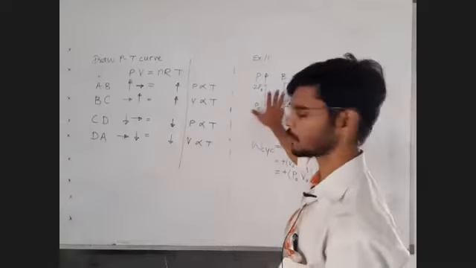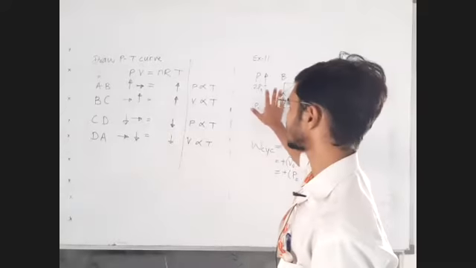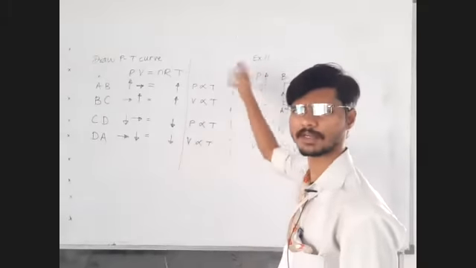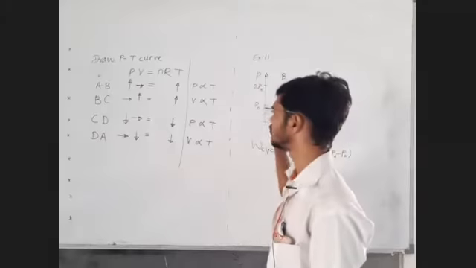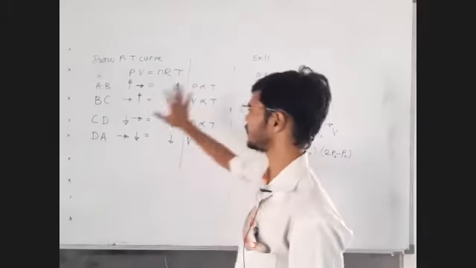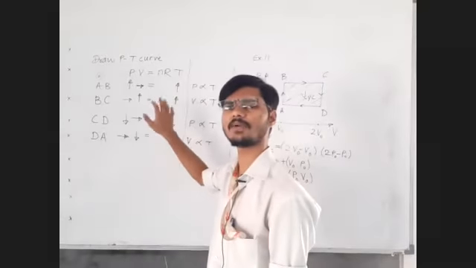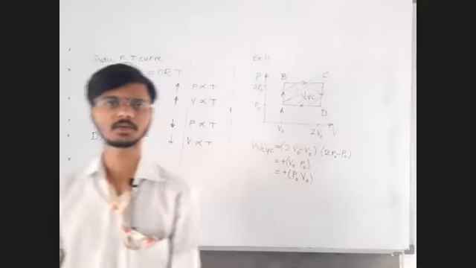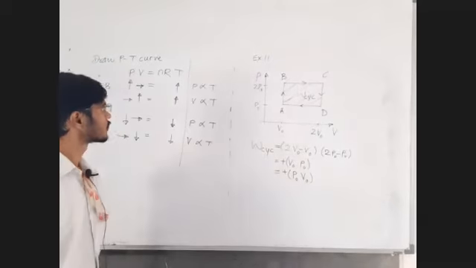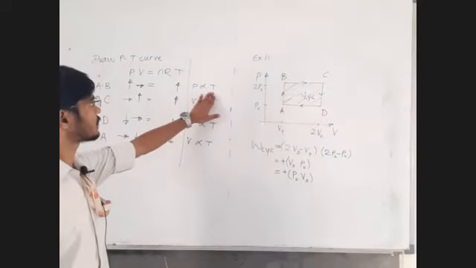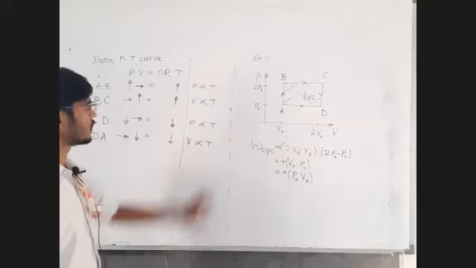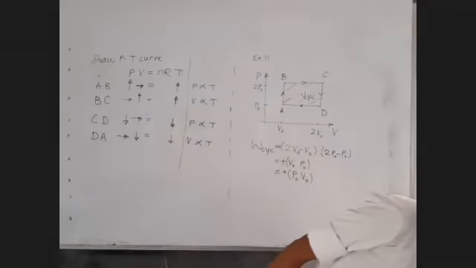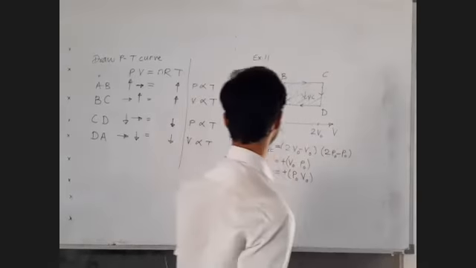If one type of graph is given, let it be a pressure-volume graph, a pressure-temperature graph, or a temperature-volume graph, just for the given graph, make this chart. This chart will be able to draw the other two graphs. Sometimes there will be direct proportionality and sometimes inverse proportionality as well, but this chart will always be able to draw the graph.